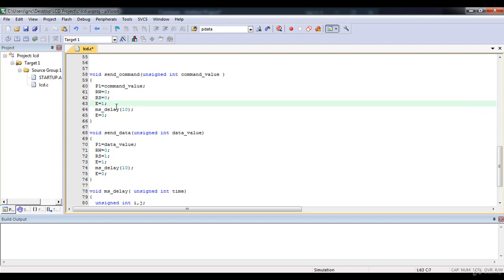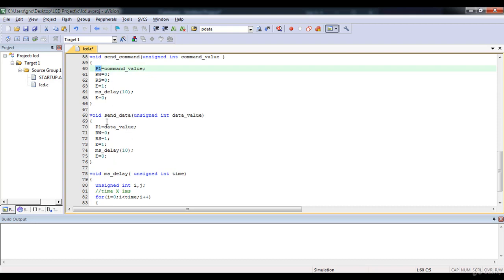Then to latch data present on port pin inside the LCD, first you have to give enable logic high. You have to maintain logic high for some delay, and then you have to give logic 0. After completion of this process, the value present on port P1 will get latched inside the LCD.